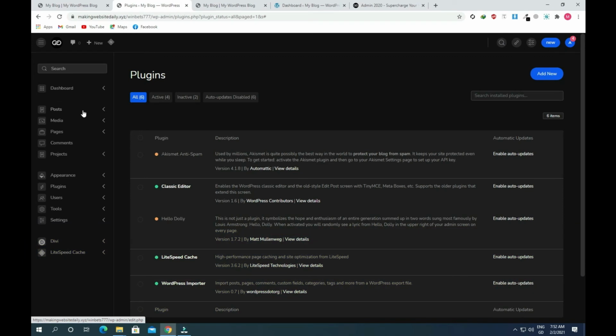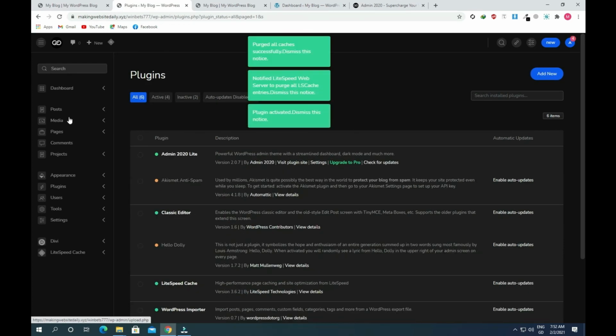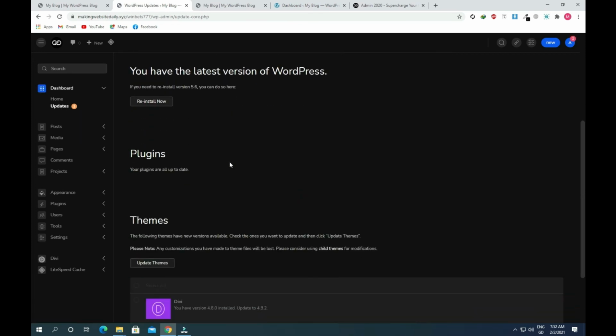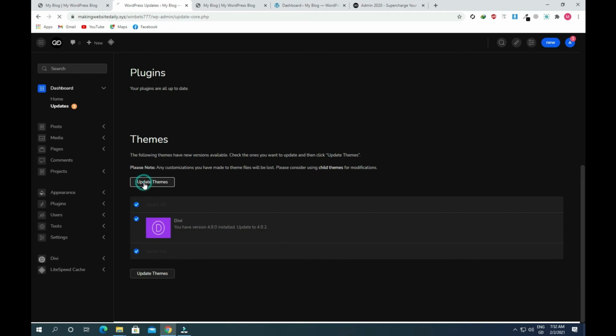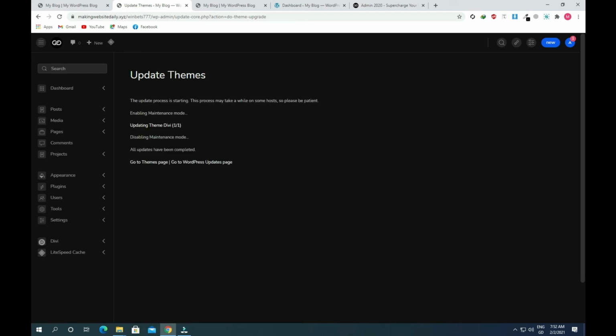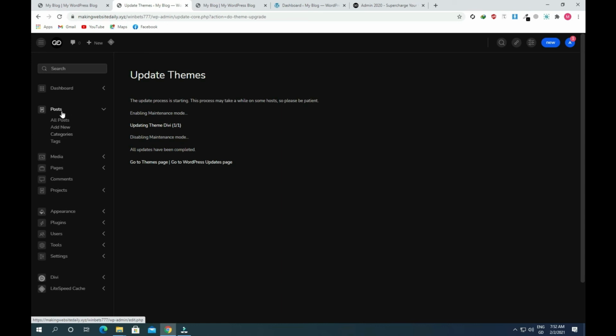You can play with the different settings of this and then save these. I'll just remove some cache. You can now access your dashboard, go to the updates and update the themes if necessary. Okay, now it's updated. You can also go to the posts and create a new one, or you can check the